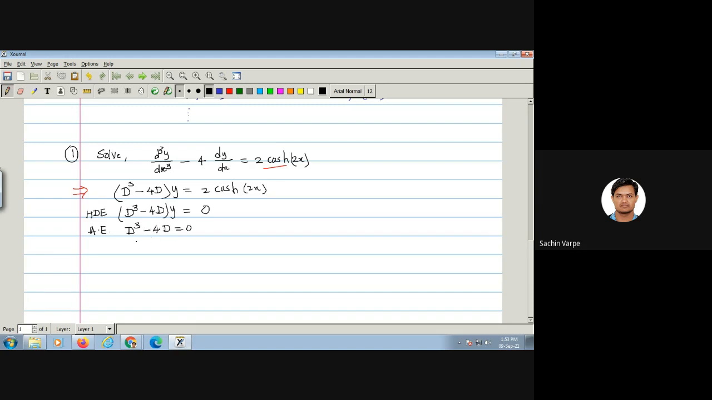And what are the roots of the auxiliary equation? If I take D common, then that will be D square minus 4 is equal to 0. So 2 and minus 2, and 0 also. So D equal to 0 and D square is equal to 4, that is plus minus 2. With these roots, the roots are real and distinct, so the complementary function CF is equal to,